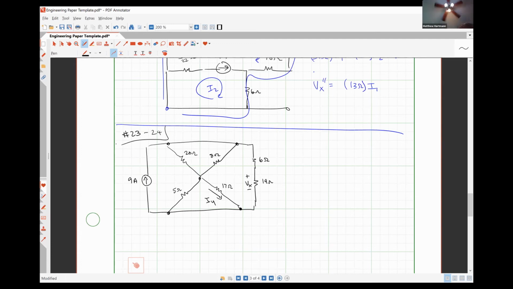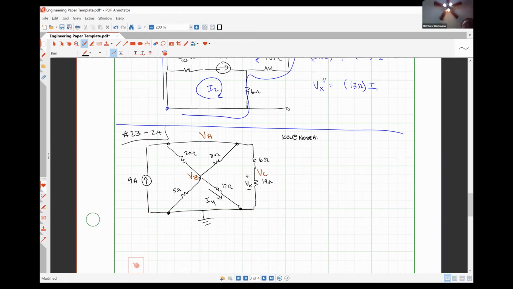Okay, let me see here. I'm going to choose to use nodal analysis. I'm going to put my reference node here. This whole top node will be node A. This guy will be node B. This guy will be node C. So I will have my KCL at